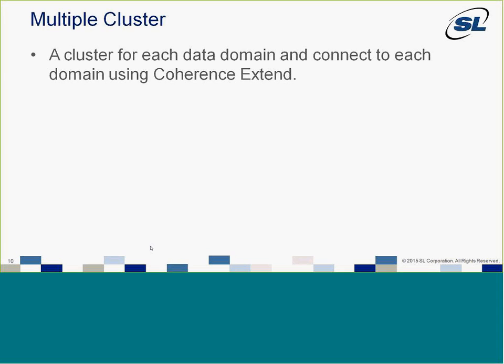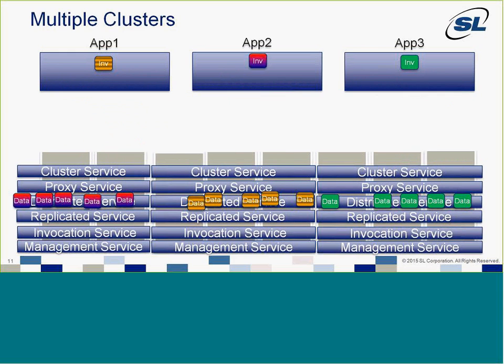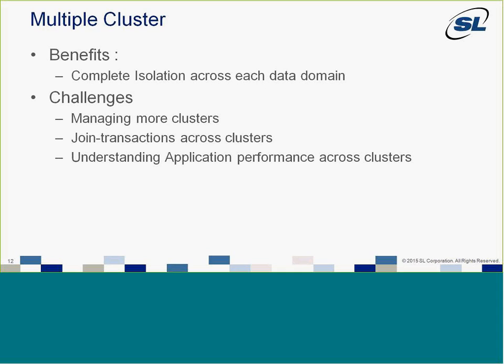So one way to avoid this is to go with a multiple cluster model. We're seeing this more and more, where people are deciding, I may have different upgrade times on the cycle. I may have different data domains or different owners in the data domain. So what I want to do is create multiple different clusters, and use Coherence Extend to access that data through multiple different apps. You'll see in this one, each of them will be segmented. We'll have a different cluster service and invocation service. This will run where the data actually resides, for each, spread across the same hardware.